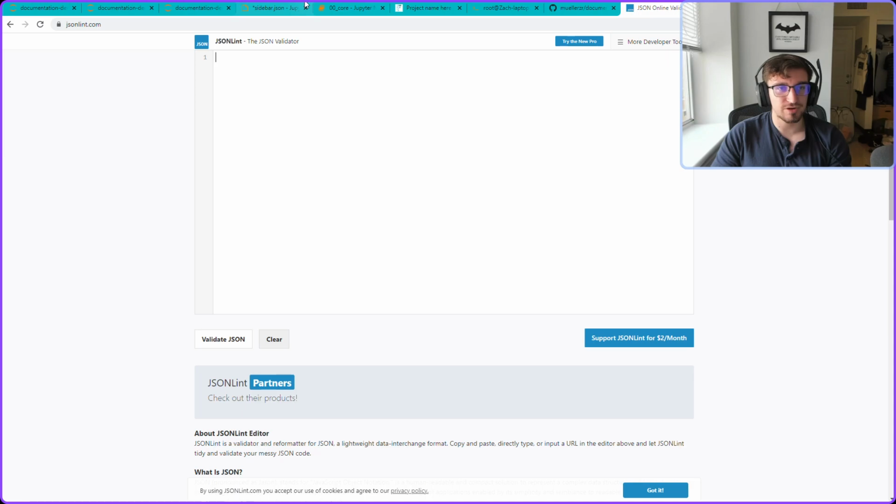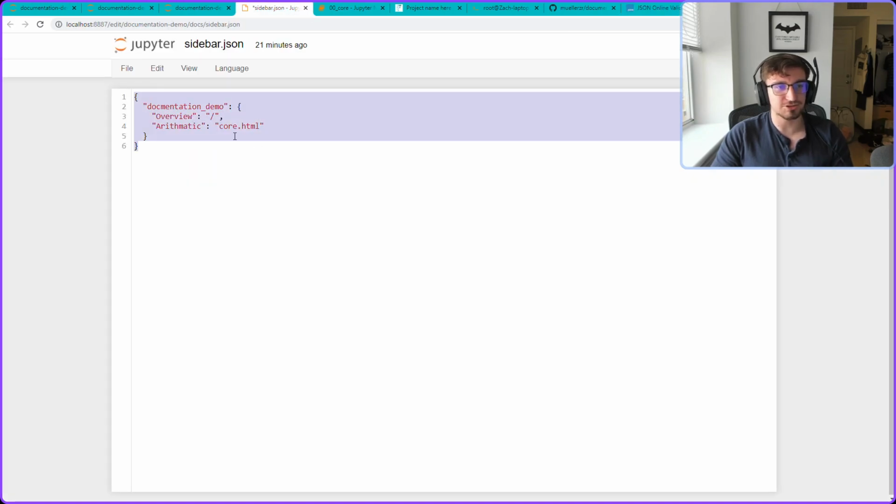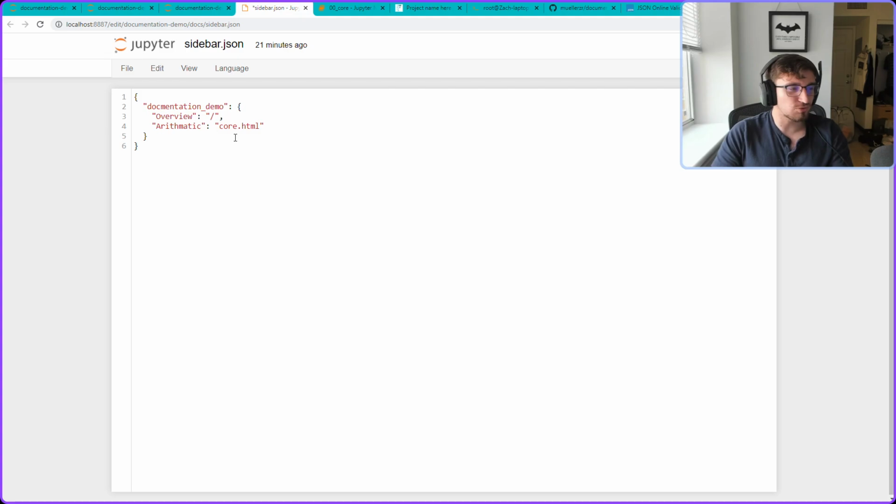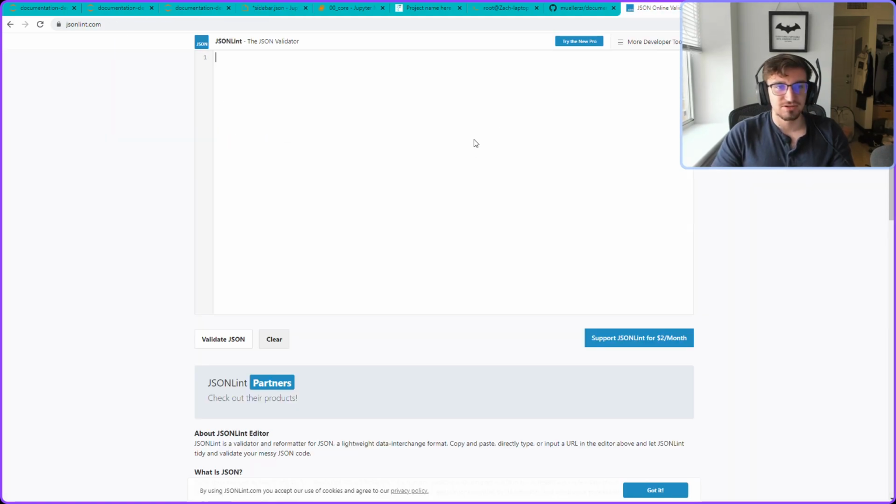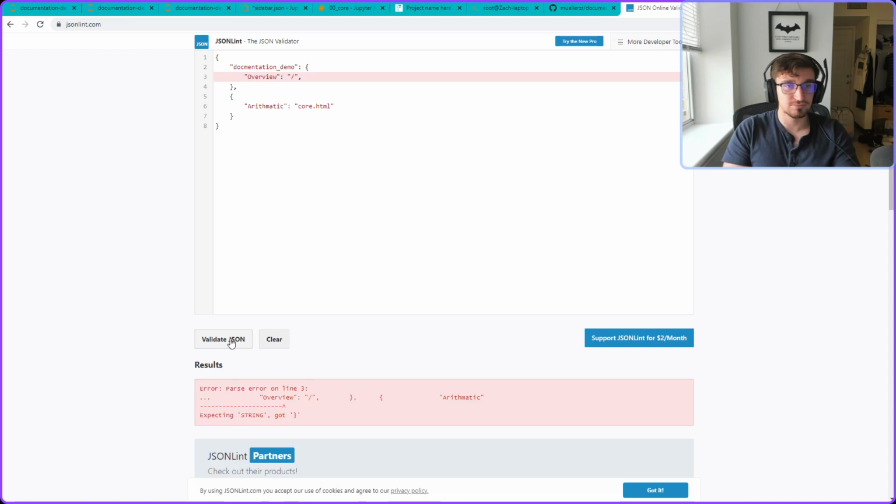So let's rewrite our current automatic sidebar JSON to make things a little more organized. We're going to come over to JSONlint, and we're going to first close off this section and open up a new section. One thing to know about when writing in JSON is you need commas after everything that's in a list. Having a comma here would say it's invalid because there's nothing after it. It's expecting something to be there. So if we just get rid of that,